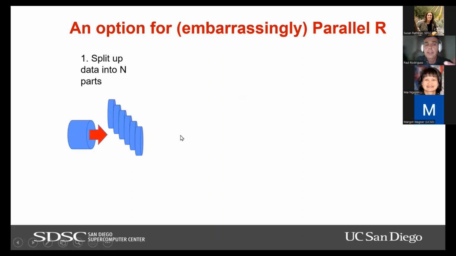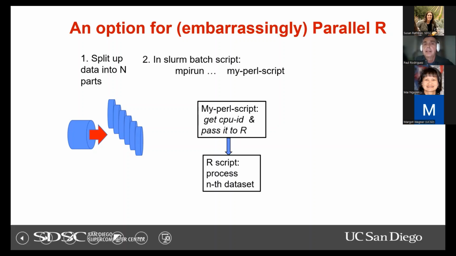Okay, here's another way to think about scaling. What if you have this, and I've come across this in a lot of cases, and people find this kind of useful. So, you're doing something on a laptop, you just have a lot of data, suddenly you need to go to an HPC system. This situation comes up. But you can easily split your data up into n parts. If you have that kind of situation, then you can maybe do something we call embarrassingly parallel, which is, in your situation, you really just need to run a bunch of instances of R, and each instance should be processing one part of this data set.